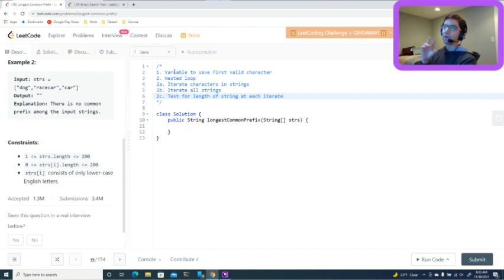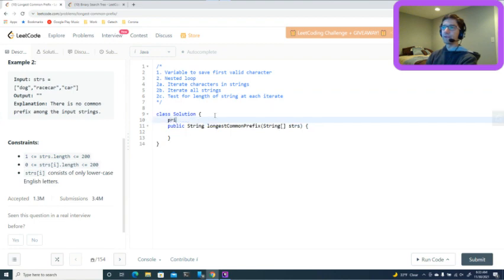So if we're iterating all the strings together and they might be different lengths, we wouldn't want to reach the end. And if we know that each string can't be longer than 200, then I think that's a pretty reasonable starting point there. So we'll set that as a private static final int max string length